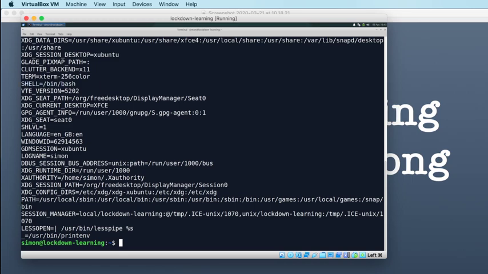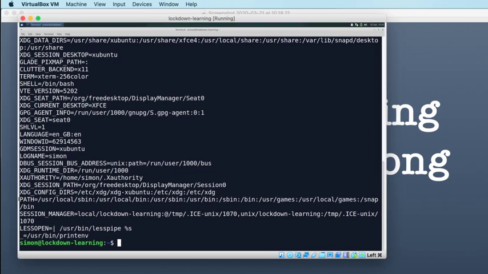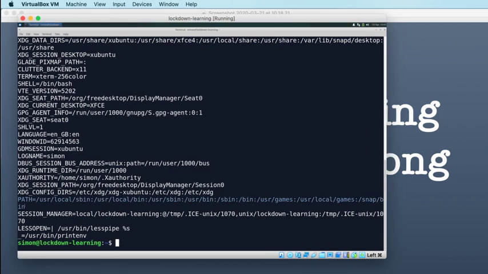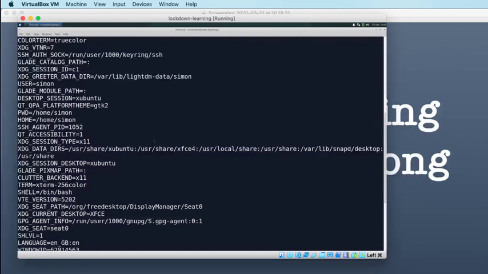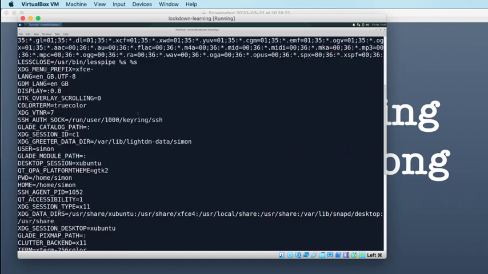You can see the path here as well. That's one of the things that we've managed to set. That is set by the system when we log in. But there's a whole bunch of other things here which may make less sense to you as a fairly naive Linux user, and actually a whole load of things on here don't make a great deal of sense to me as quite an experienced